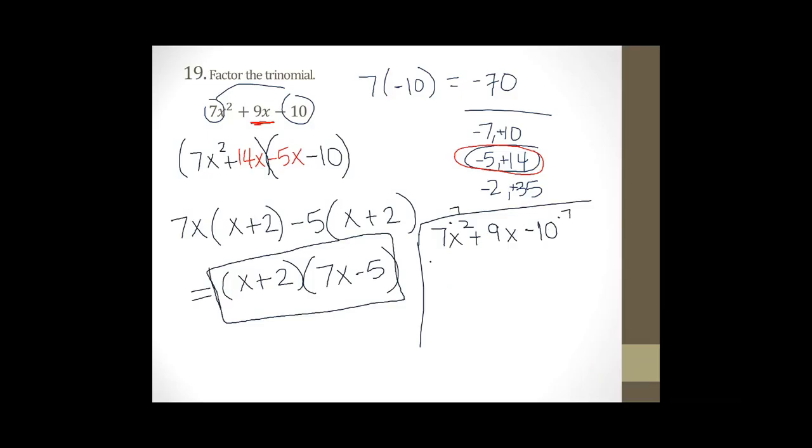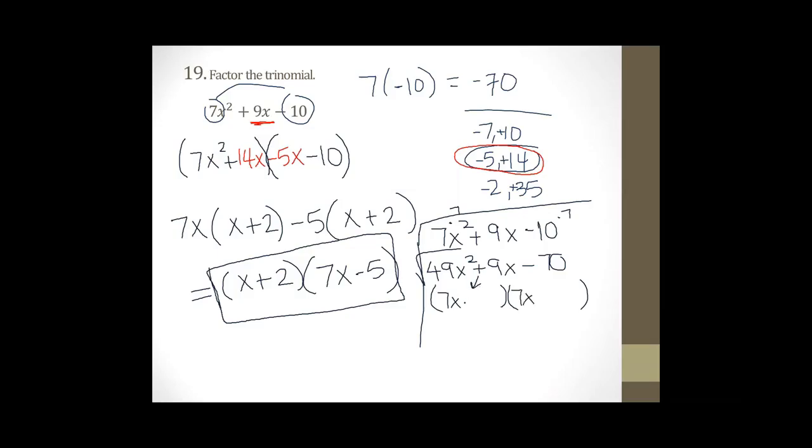Rewrite the problem. So we have 7 times 7, which is 49x squared, plus 9x, leave the middle term alone, and then 10 times 7 is negative 70. So now, like in the previous problem, when you had a coefficient of 1, you're going to square root this first term, which is 7x,